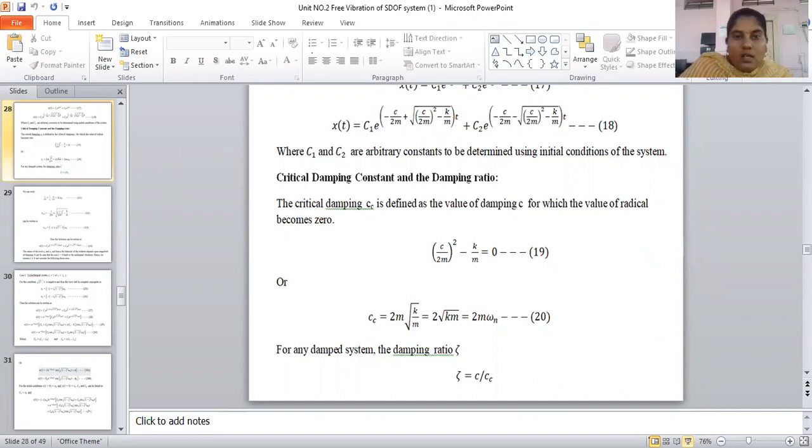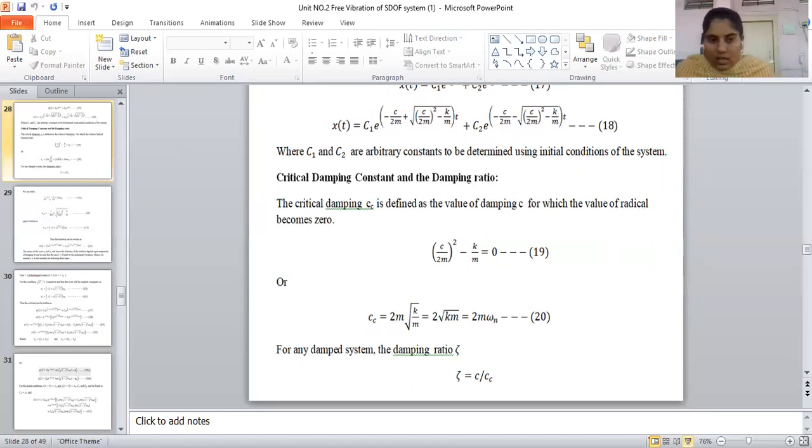So you can understand here first. It is an under damped system, which means zeta is less than 1, which means C is less than Cc, where that ratio C by Cc is less than 1. So you can see here this one value we already know, that is minus zeta plus or minus i into root of 1 minus zeta square into omega n. One question here is how this i comes here. So I will show you how this value of i is coming.